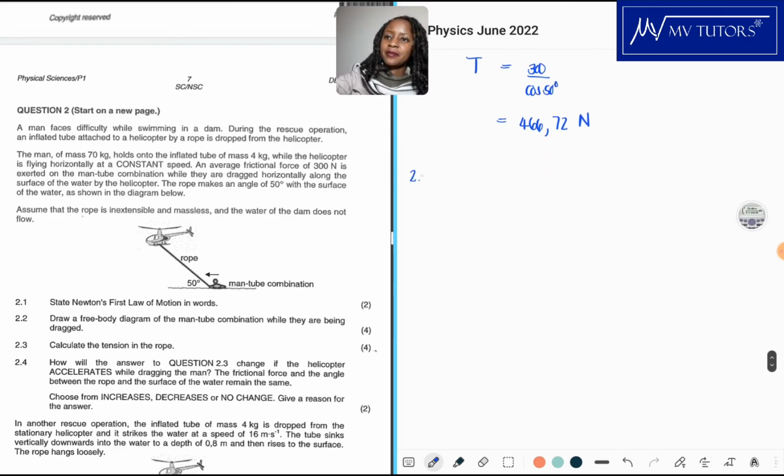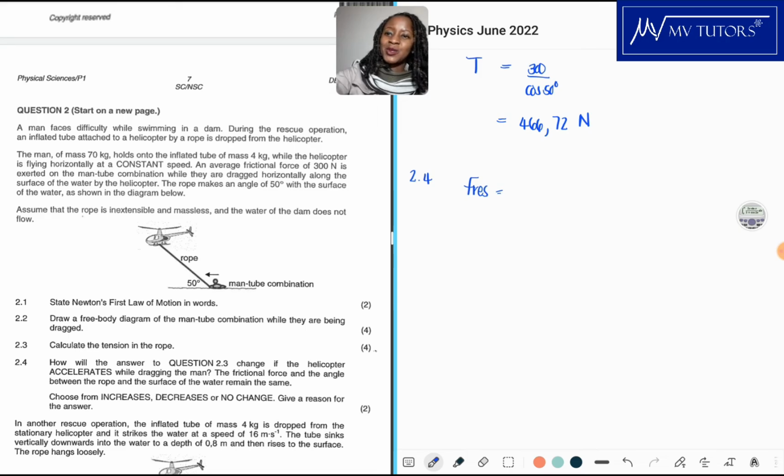Now 2.4. It says, how will the answer to question 2.3 change if the helicopter accelerates while dragging the man? The frictional force and the angle between the rope and the surface of the water remain the same. So we need to choose from increases, decreases, or no change. So basically now,